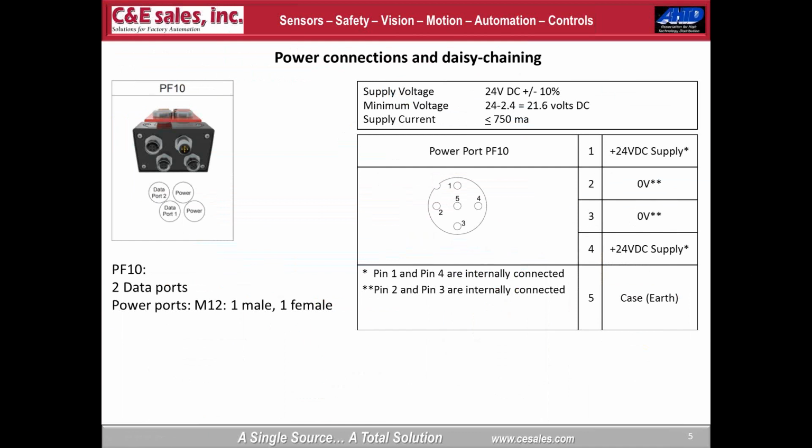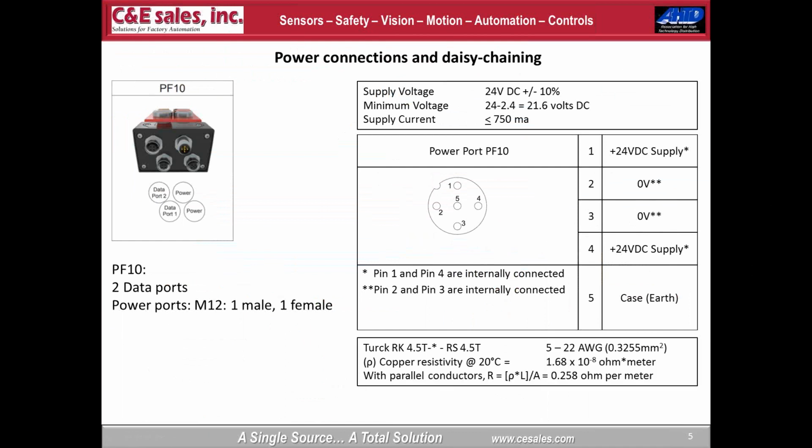So what Fortress has done to facilitate the arrangement of these is the power connectors actually have 2 pins internally connected, 2 for the 24 volt side, 2 for the common side. So what that means to us,